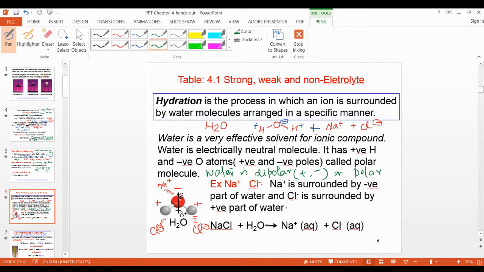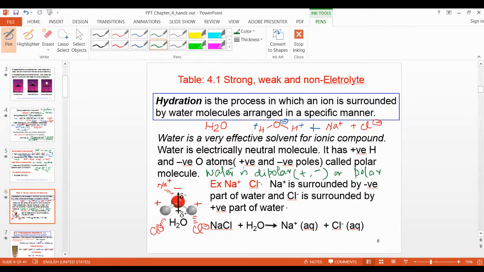So in this polar molecule, always polar compounds are dissolved. Non-polar compounds cannot dissolve, right? Remember that. This I will explain later on. So this is the interaction, how these solutions are formed. Water is the solvent here and the other ions are the solute, sodium chloride. So how does the sodium, with its positive charge, interact with the negative charge of the water molecule, and how does the chloride, minus, interact with the positive charge of the water, that is hydrogen. In this way, I already showed the picture.